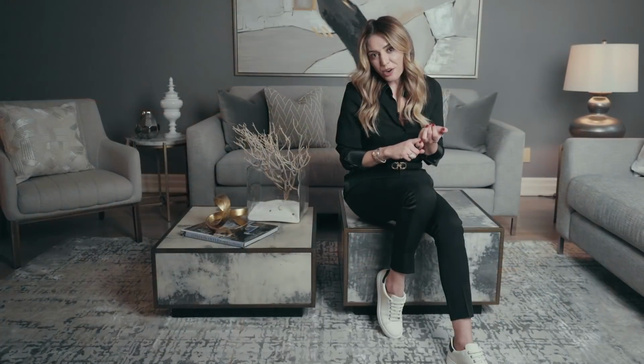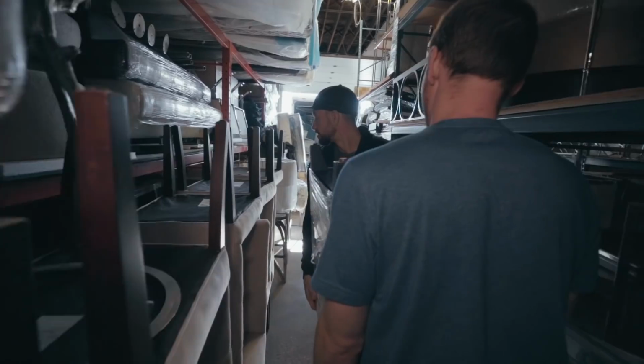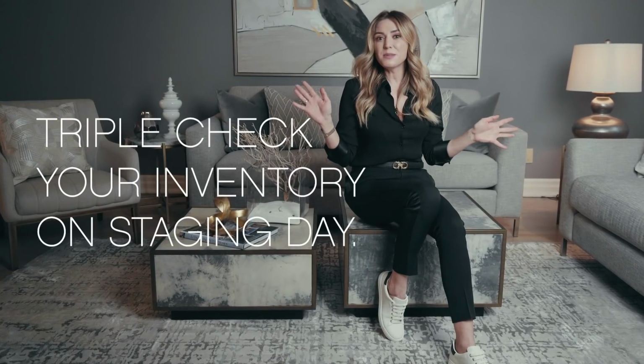So you've gone through your consultation, you've planned out what you're gonna do with the property. You know what pieces you're gonna bring in, you know your color scheme. Then comes the staging day, and this is a big day. So make sure you are well prepared. Make sure all of your stuff is packed, you have every room, every corner covered, the right size furniture, and